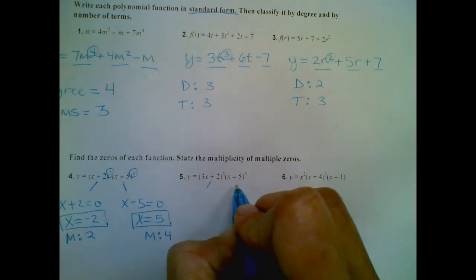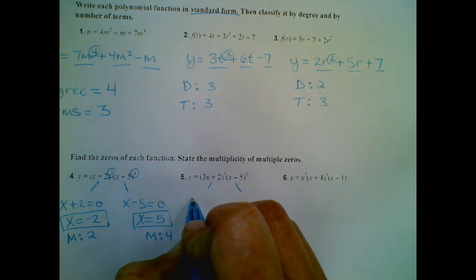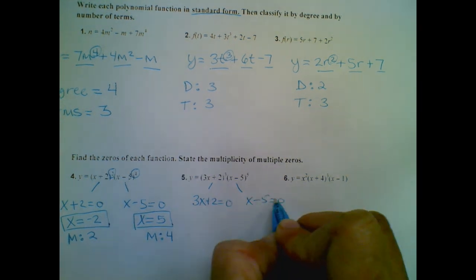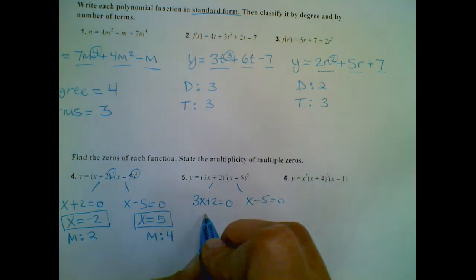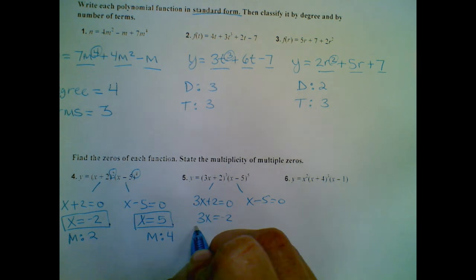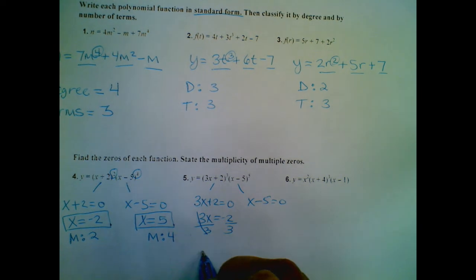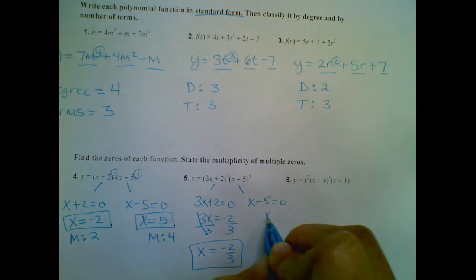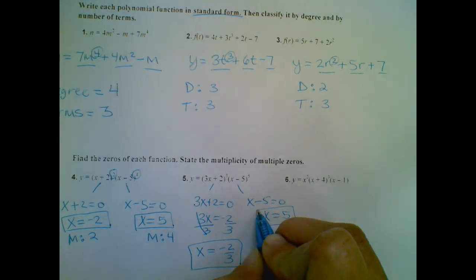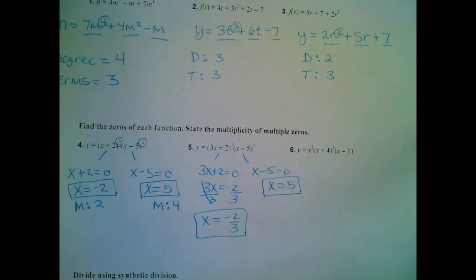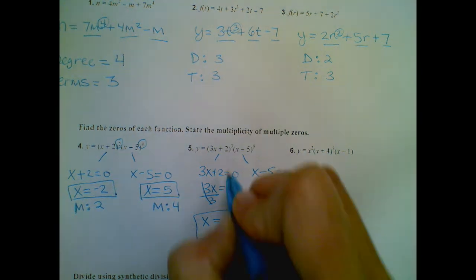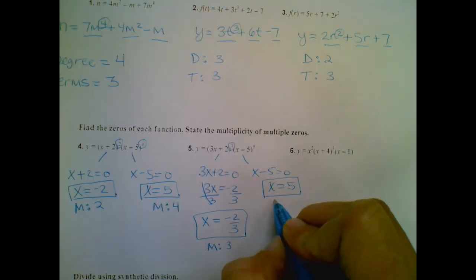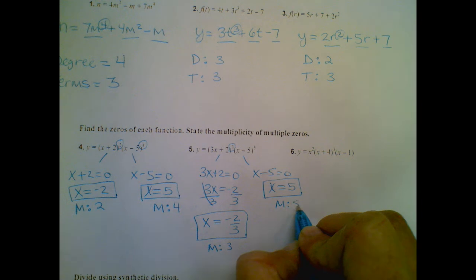The next one, again, we set our parentheses equal to 0. We solve for each equation. So we get x equals -2/3 and x equals +5. And then we need to state their multiplicities. So this one, if we go back to our exponent, it has an exponent of 3, so the multiplicity is 3. And then this one has a multiplicity of